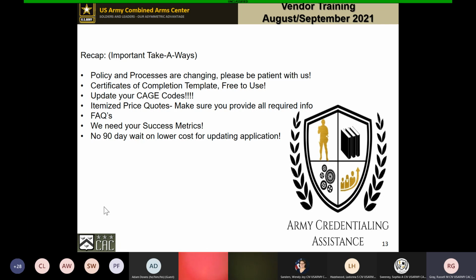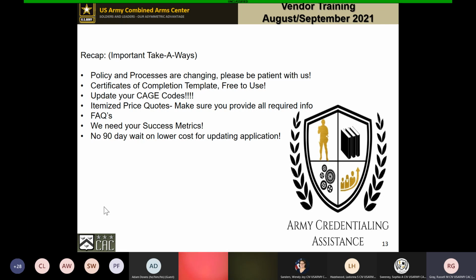We need your success metrics. So if you see where soldiers are completing your course, and because of that they're obtaining their certification, and you have that data, we need that data so we can help our team update the faceplate of the Army COOL side. When they get on there and see this credential, they can look at these success metrics and think, yeah, this is something I should pursue, or you know what, not very many people are getting hired from this, maybe I should look at another certification. So please send those to us. We need them.